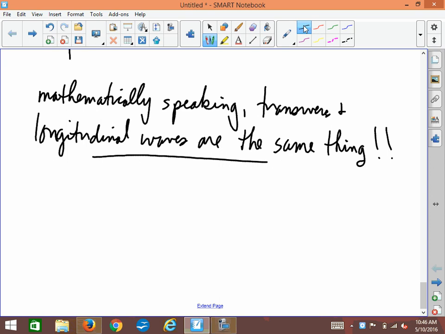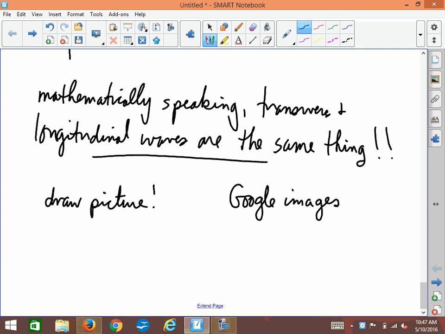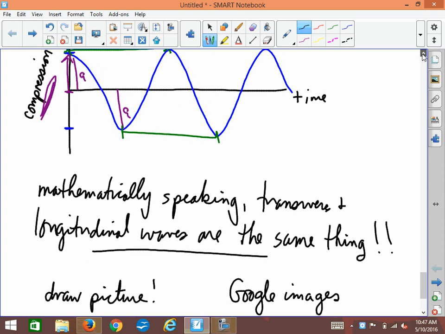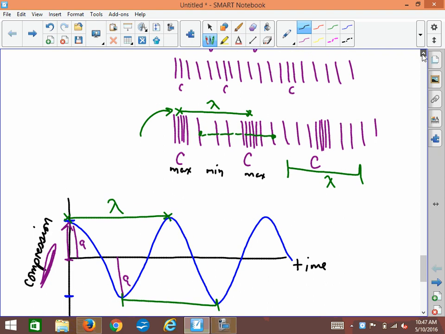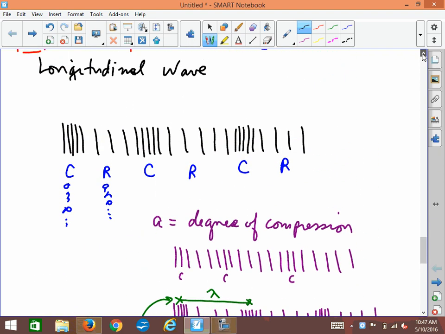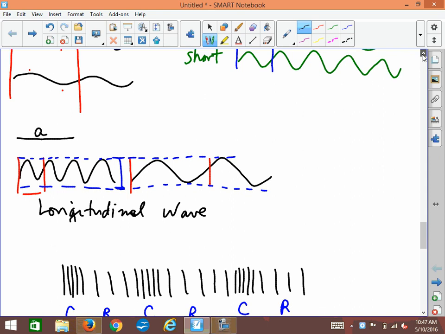And the best way I find to develop mental pictures is either, well, in my day, it was draw pictures. Draw a picture beside each word that helps you visualize what it is. Or, in modern days, you can use the magic of Google Images. And if you go and Google images of amplitude or longitudinal or wavelength, you will get a myriad of pictures, millions of pictures, that will help you to visualize what it is you're looking at. And it will enhance your understanding of these concepts, because these are the beginning concepts that are critical to understanding how waves work, simple harmonic motion, how it translates into wave motion,